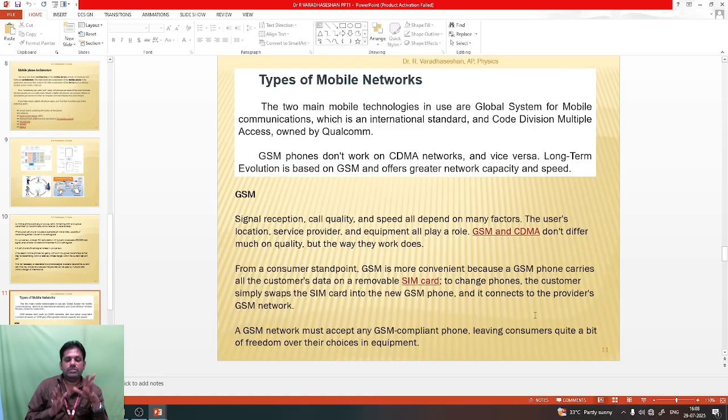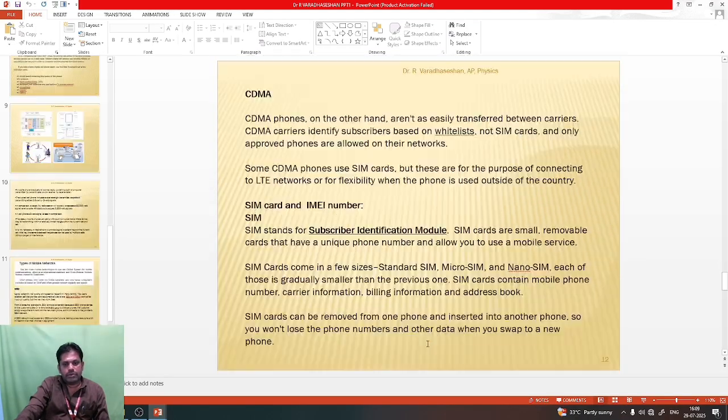So GSM is better. The customer simply swaps the SIM card into a new GSM phone and it connects to the provider's GSM network. The GSM network must accept a GSM compliant phone, leaving the consumer quite a bit of freedom over their choice of equipment. So this is the advantage of GSM compared with CDMA. Compared with CDMA, GSM is somewhat better, right? Okay, next one is